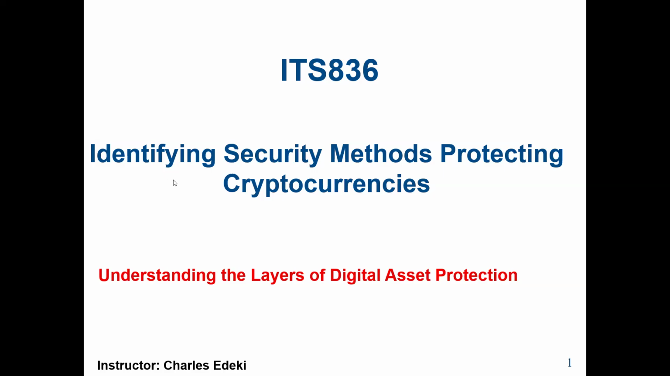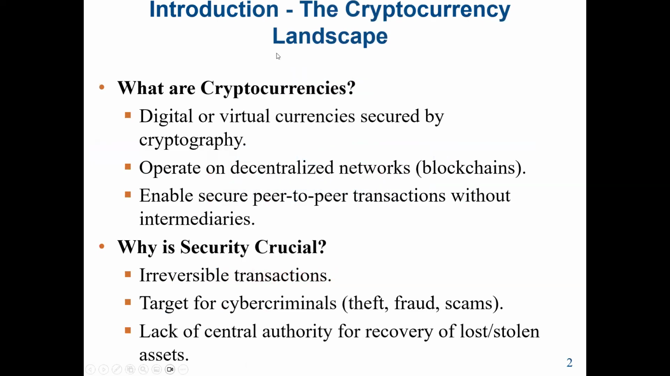So in these lectures, we are going to learn the process of identifying security methods protecting cryptocurrency. First we start with what is a cryptocurrency. It's a digital or virtual currency that employs cryptography for security. Also, unlike traditional currencies, they are generally not issued by a central authority, rendering them theoretically immune to government